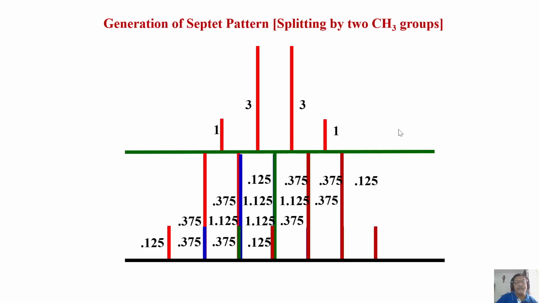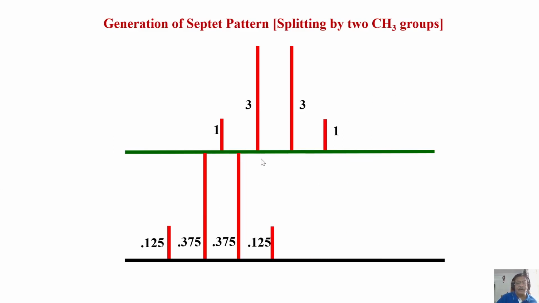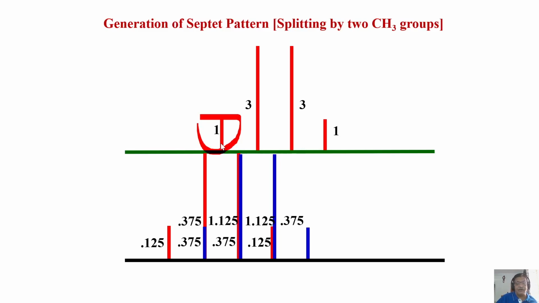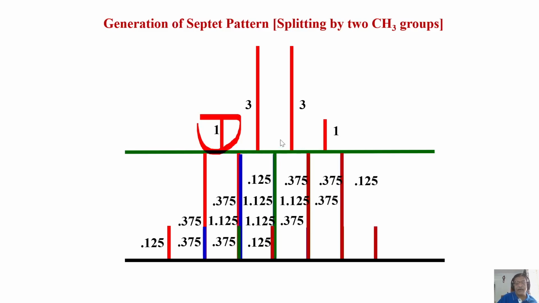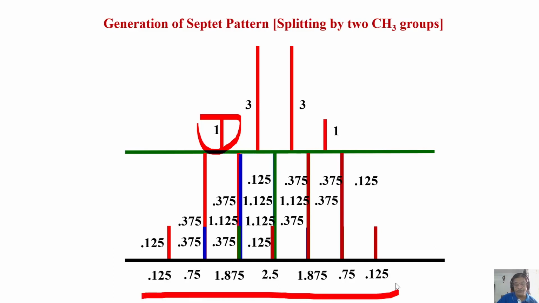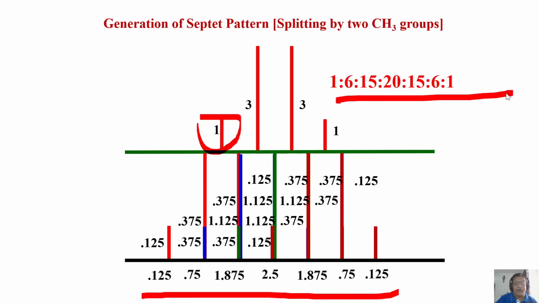Now add up all the intensities the way I took it. A simple example I took. First I took this one quartet. I divided the intensity so that the total becomes 1. Similarly, for the next one, 3 is the intensity. I divided such that the total becomes 1. Like that you do, and add up all the intensity. This is the ratio we are going to get. What is this ratio? 1, 6, 15, 20, 15, 6. This is a septet pattern.